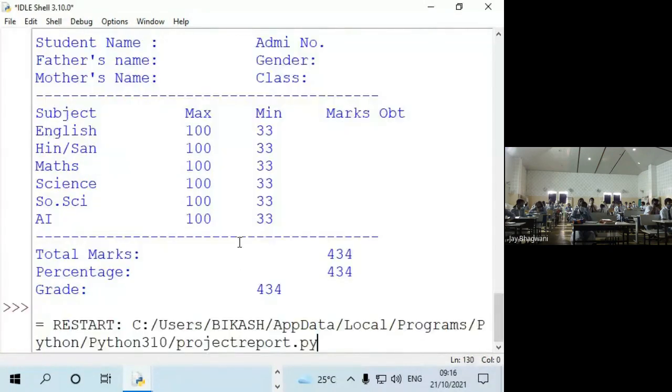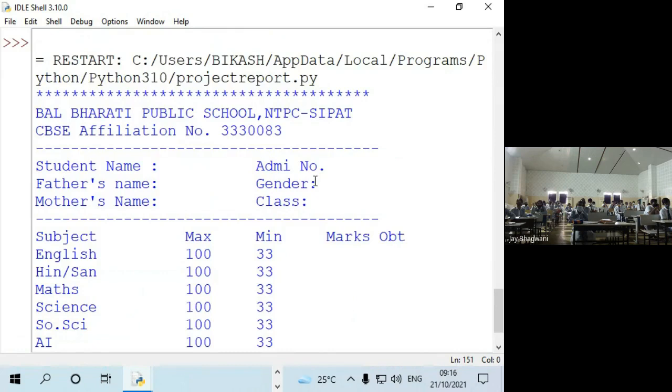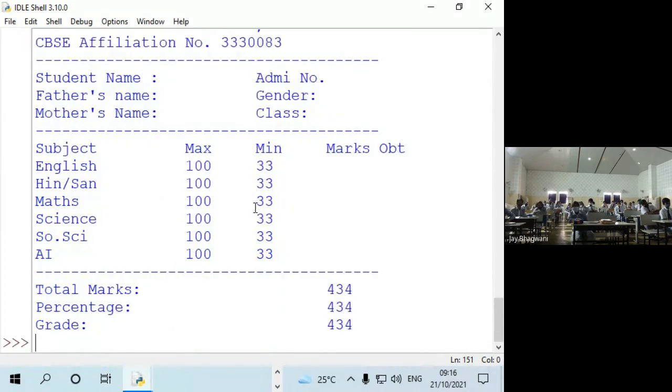We are not calculating, I'm just displaying the information. So all the information will come, just total marks we have to calculate first, and then percentage and then grade. So it will exactly display in this way. Now you can see the complete report card that we have designed: the school name, affiliation number, the basic student details, then the report card, all subject marks minimum, and the marks obtained we require, and then this one. So is it okay with all things?